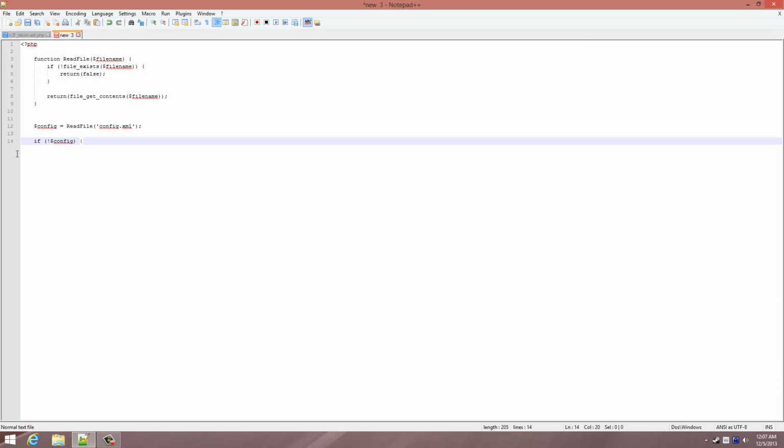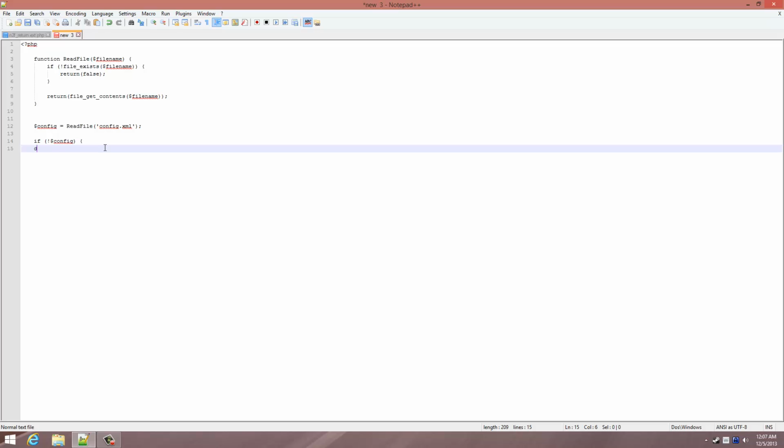So the thing is, not config is anything that resolves to false, or equals false is anything that resolves to false. It is not literally the Boolean operator false. So if your file that you're passing through, config.xml, only has one character in it, 0, I believe PHP will say, well, that's false. And despite the fact that you might have been expecting that 0, it's going to resolve here, and you're going to say,